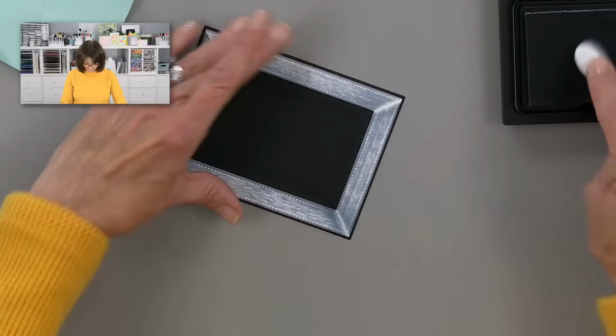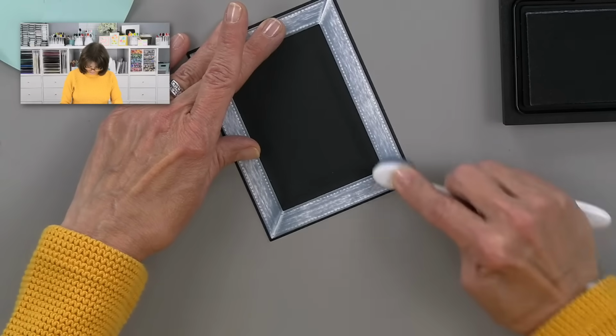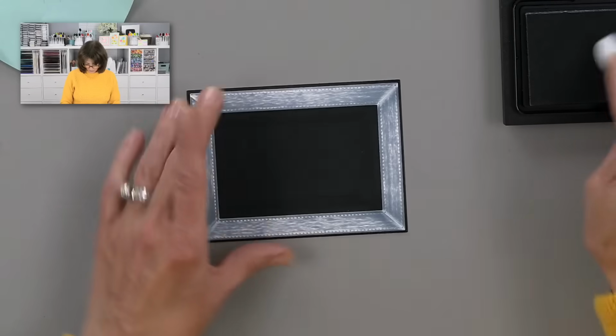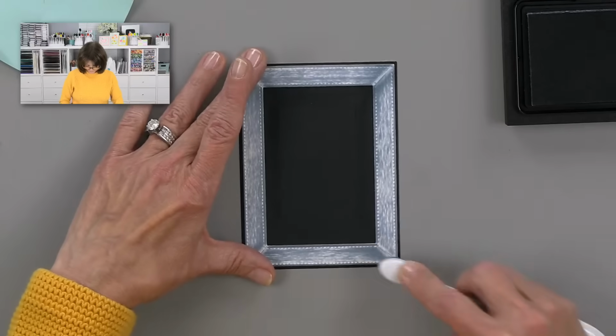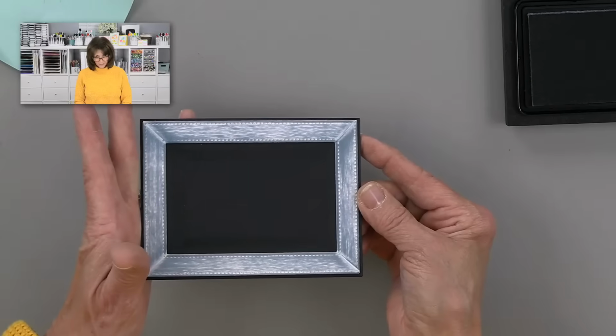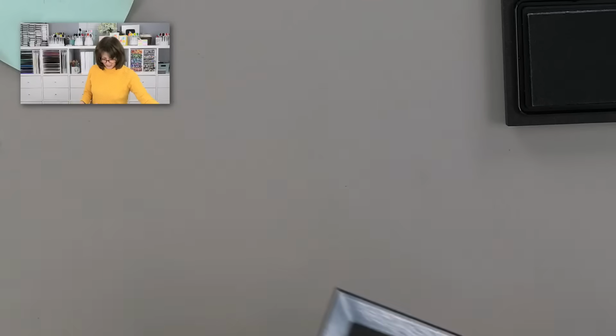It'll still have the line, but it won't be so white. It'll look a little bit more softer. Okay. So that has mitered edges now.